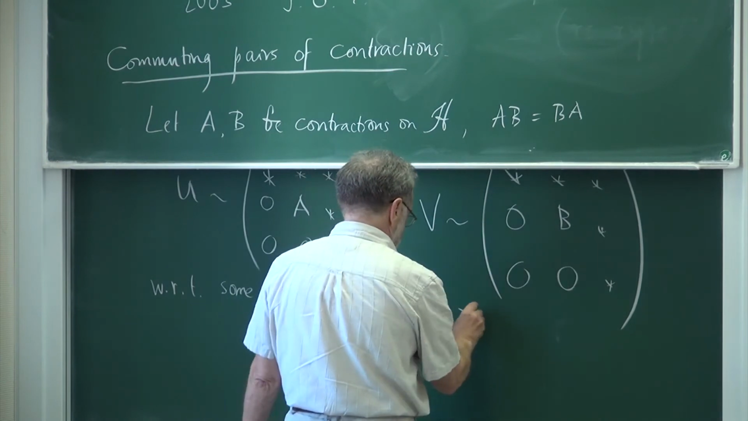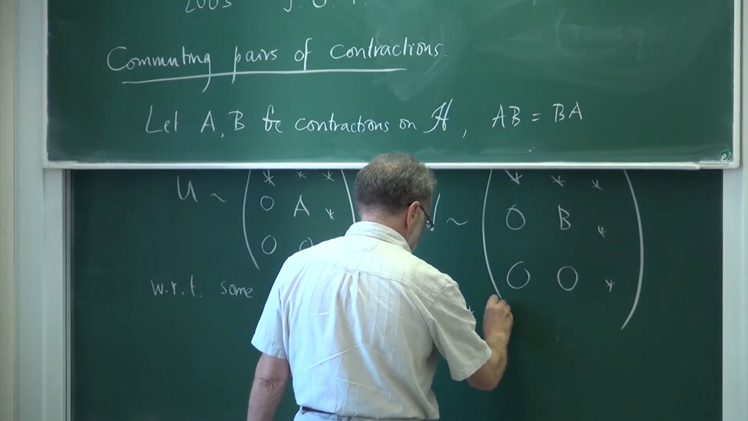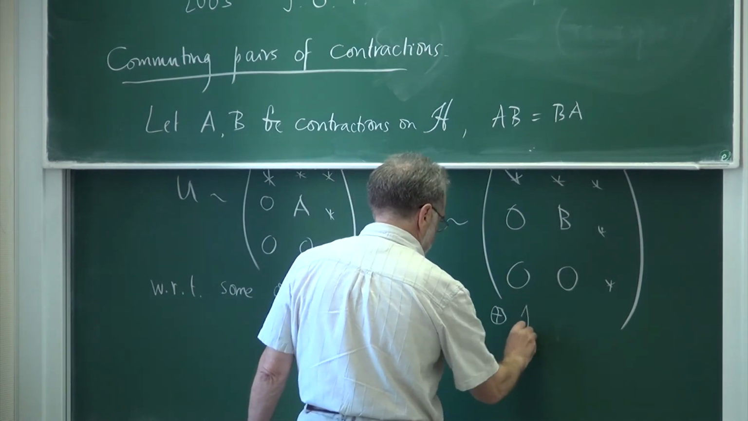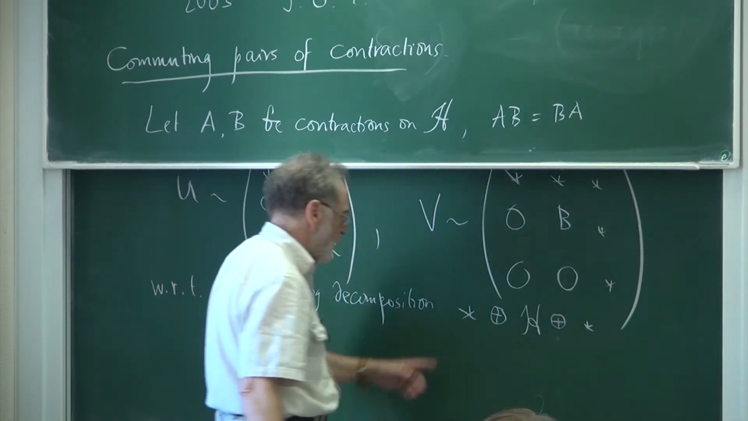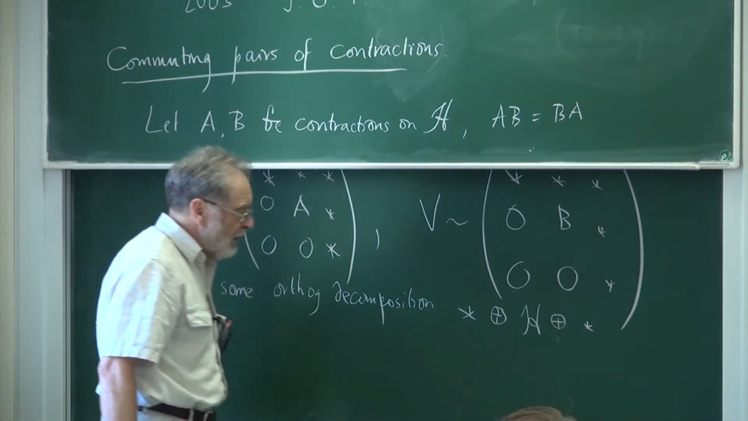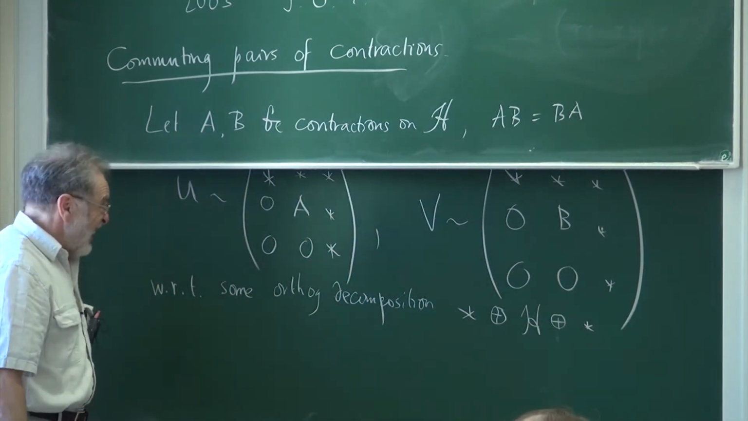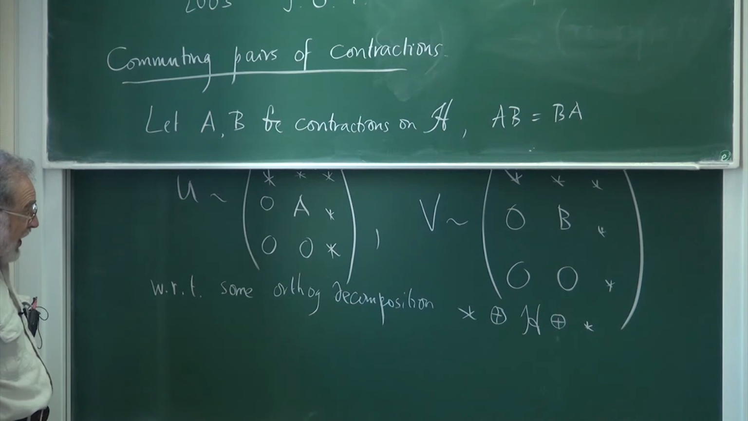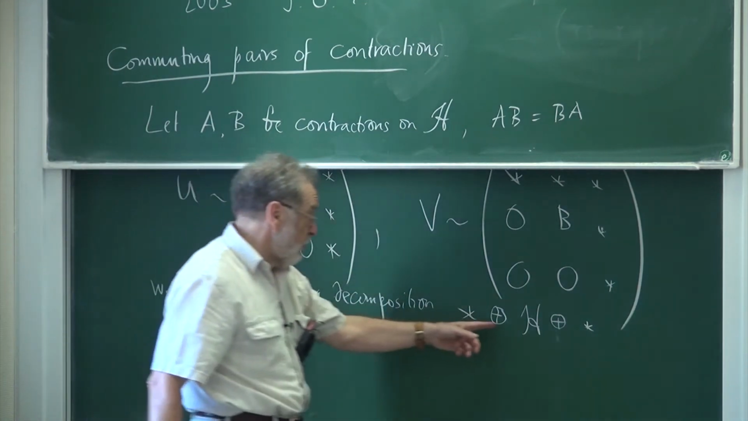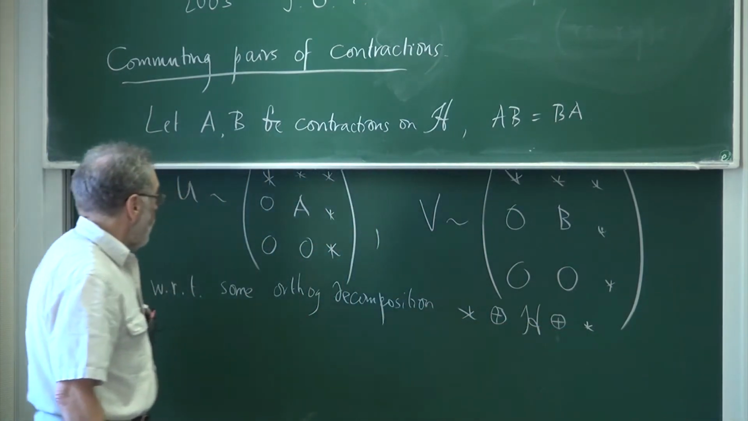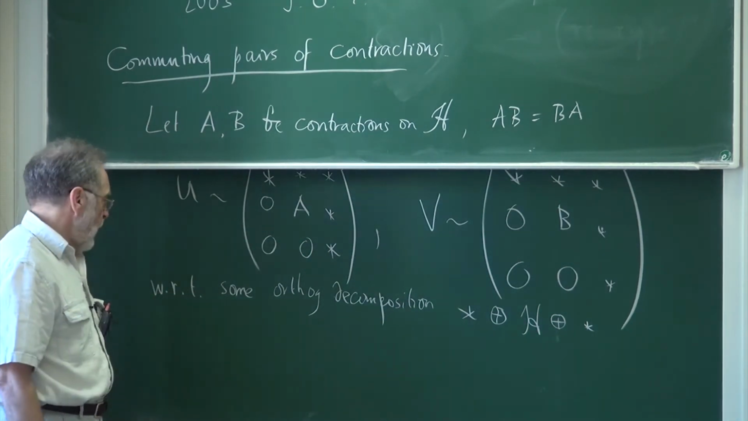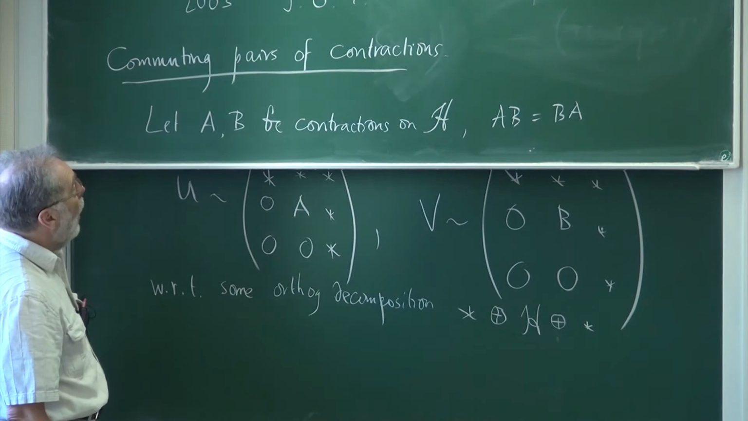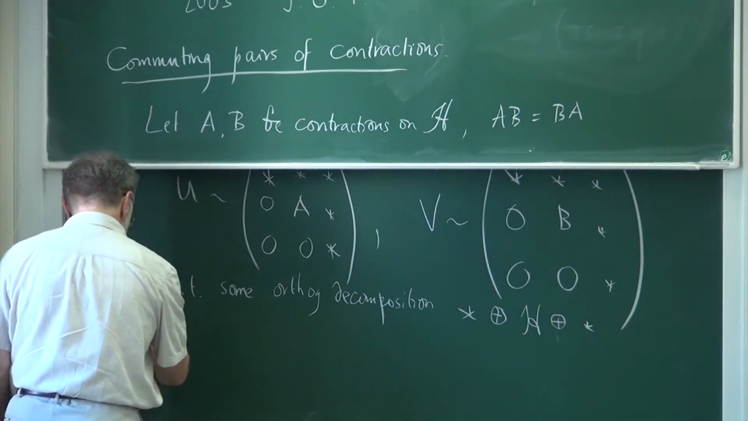So it's something direct sum H direct sum something. So there are some subspaces of K. So when you write K as this orthogonal decomposition, U and V have matrices of this form. And so this implies